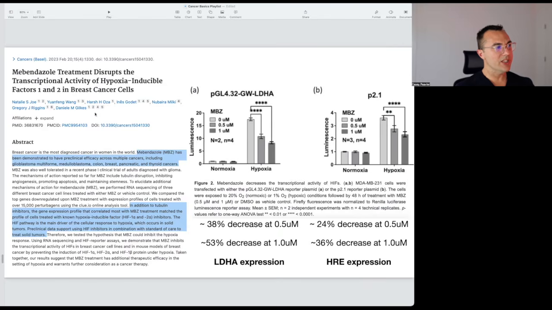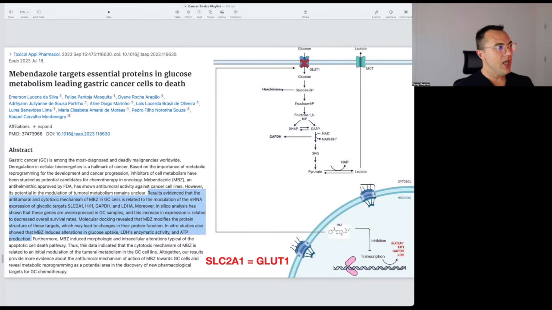It's showing that mebendazole is disrupting molecular networks that upregulate the expression of these glycolytic enzymes. But in addition to that, it's also saying that these molecular docking studies are showing that it actually may modify the protein targets as well, not just change their expression levels, which means that it may make whatever protein's there less functional than it was before. So it may have like a dual mechanism of how it affects glycolysis, which ultimately ends up with less glucose uptake, less LDH activity, and less ATP in these cancer cells through the Warburg effect or through the cytosolic substrate